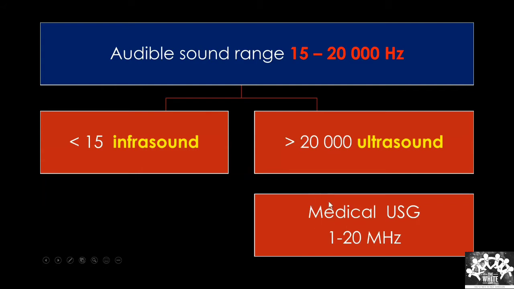And what is the range? 3 to 5 megahertz, for the deeper structures. For the superficial structures, specifically the tendons, the rotator cuff tendons in the shoulder, or any tendons or any superficial structures, we use 7 to 13, or even up to 20 megahertz probes, which are present. We can use that.